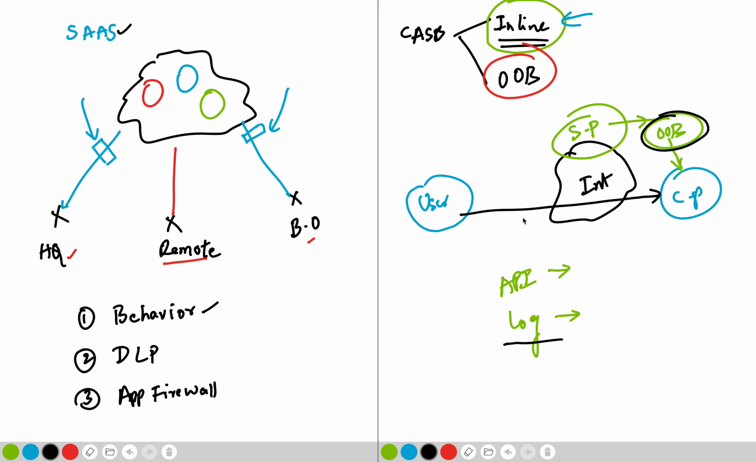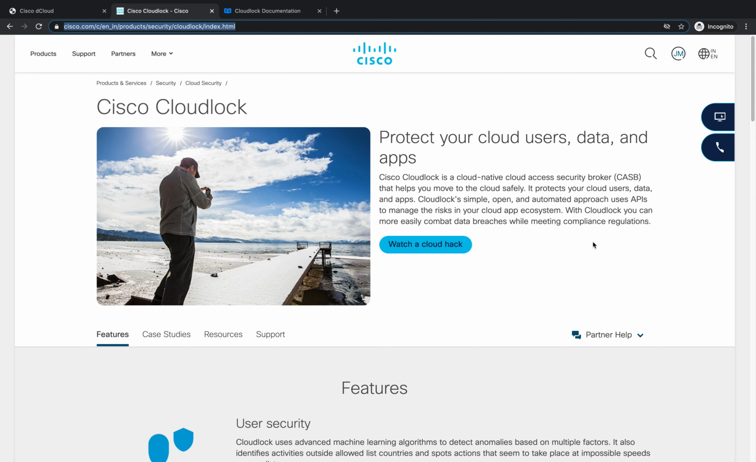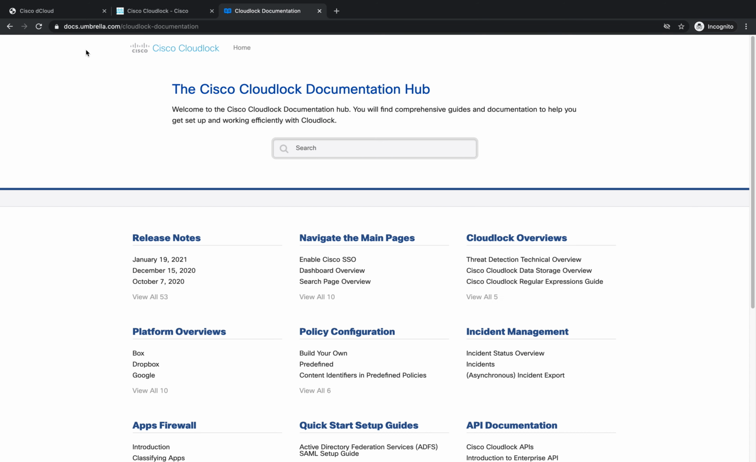So now that we know the generic industry term and the generic architecture, let's look at Cisco's CASB, Cisco's solution. The CASB solution from Cisco is called Cloudlock. I believe of late it has been bundled as part of Umbrella. So if you see the documentation, you'll basically find it under